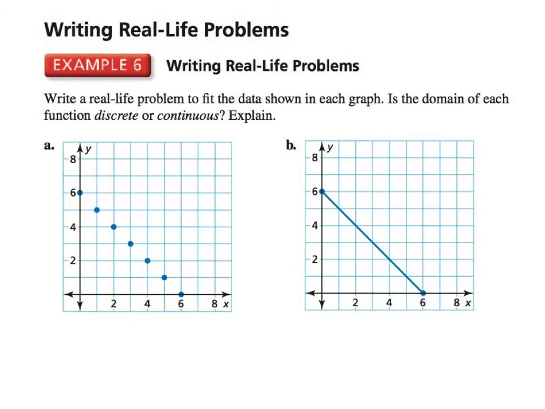So in example 6, you don't need to write this down. But if you want to write a real-life function to fit the data shown below, is the domain of each function discrete or continuous? Let's start with just that. We know A would be discrete. And why? It is discrete because it is not continuous. I mean, it's pretty easy. It's discrete